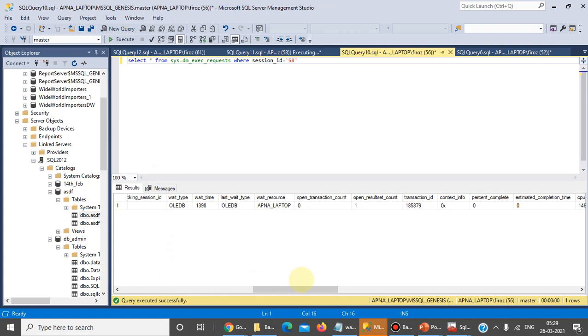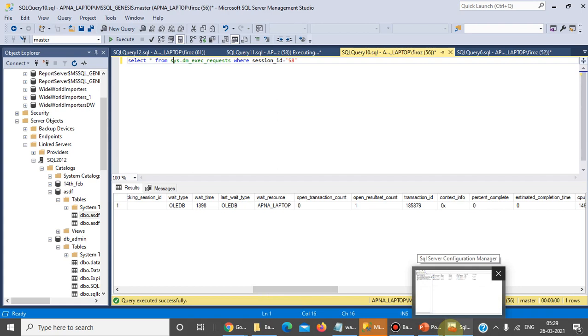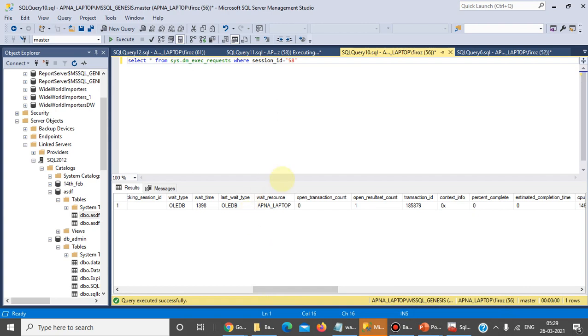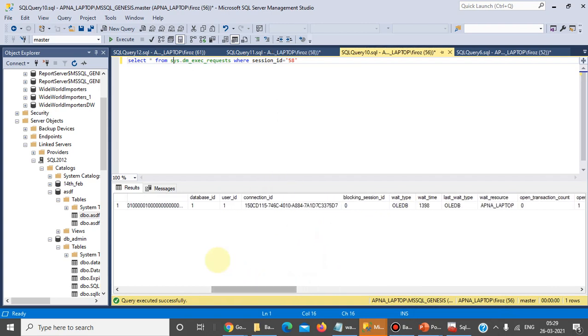We had successfully created that scenario, and we had captured the wait type as OLEDB. As you have seen, I restarted this SQL Server instance, and at the same time we started running this query. When we see this information recorded by the DMV execute request, it shows the wait type as OLEDB.